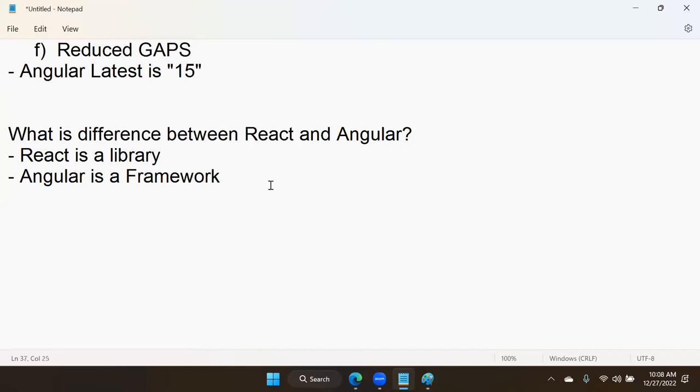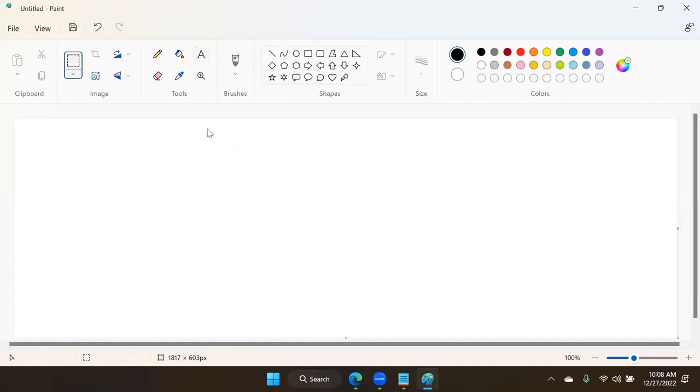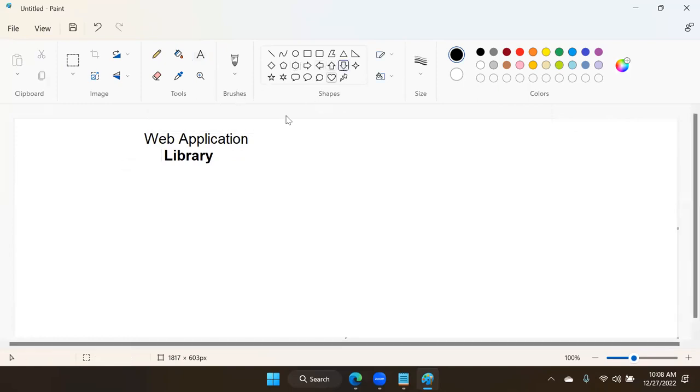Just a simple point I will tell you. Actually, the main difference between library and framework, to understand that I will show you one small concept here. Generally, we are building an application. So we are building a web application and we are using a library. When you are building an application using a library, the first thing that happens is it loads